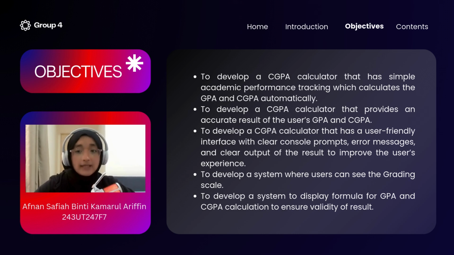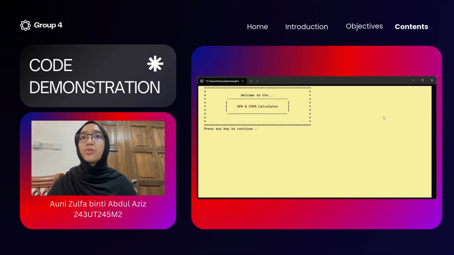The fourth objective is to develop a system where users can see the grading scale. The last objective is to develop a system to display the formula of the CGPA and GPA calculation to ensure validity of the result. With the code demonstration, when you first run the program, this is the welcome page